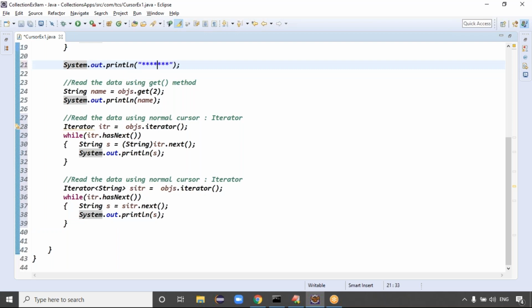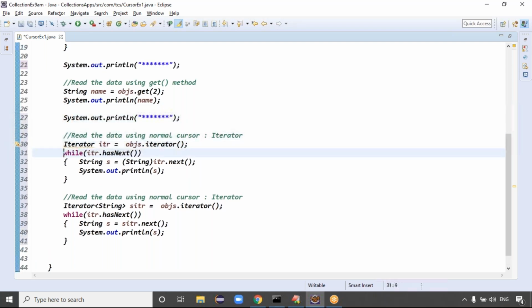The first approach is using the for each loop. The second one is using the get method. The next approach is using the cursor. In the cursor, how many approaches apply? Reading the data using the normal cursor and the generic cursor.